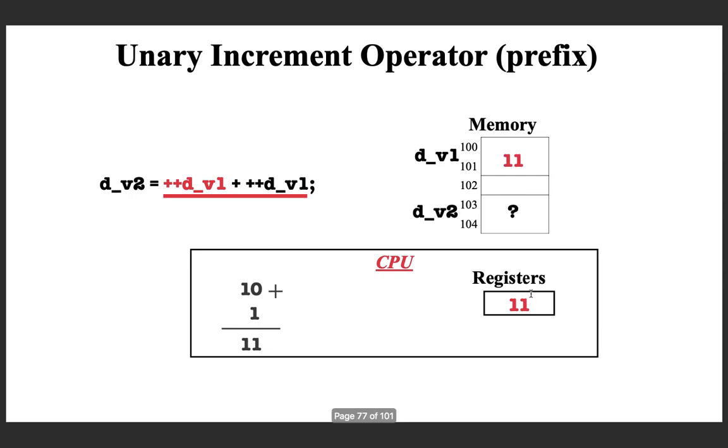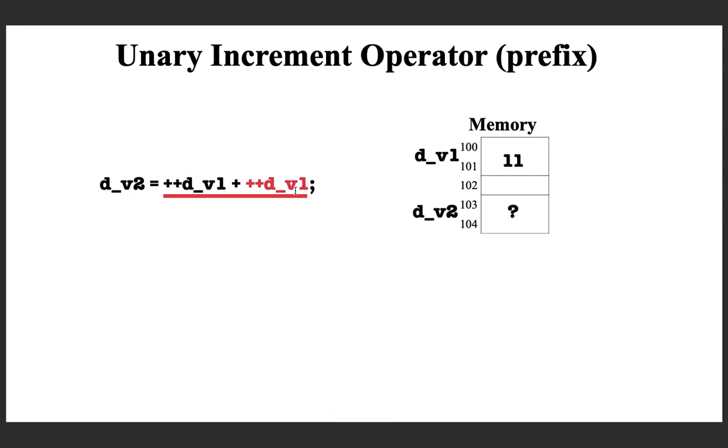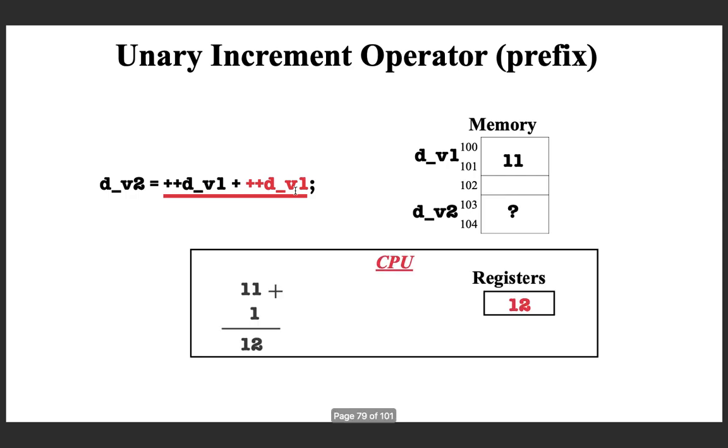That means this incrementation is what you are performing first. So you are getting 11, and 11 is getting assigned to this variable, and after that the next increment happens. That is, before executing the RHS expression, both the increments are getting performed. So 12, which is again assigned to the same variable. So both the increments happen on the variable dv1. And after that, the new value of dv1, which is 12, is used in both these places, and you will get the result as 24 for this addition. And then if you execute the assignment, the result is getting assigned to the LHS variable.